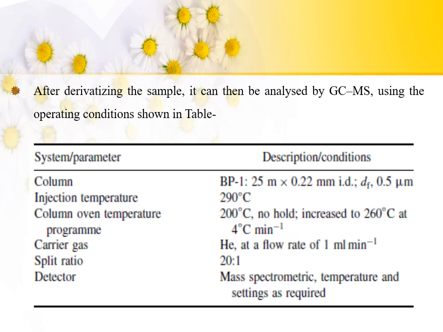The column is BP1 with a length of 25 meters and 0.22 millimeter inner diameter. The injection temperature is 290 degrees Celsius, column oven temperature is 200 degrees Celsius, and the carrier gas is helium, and the flow rate is 1 ml per minute. The detector used can be a mass spectrometric detector with the temperature settings, and